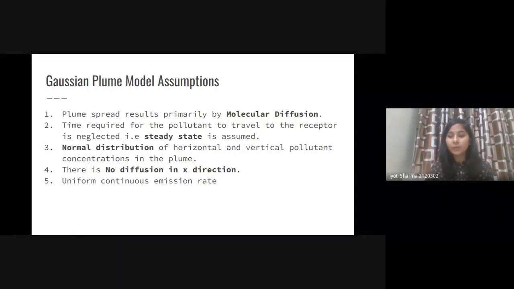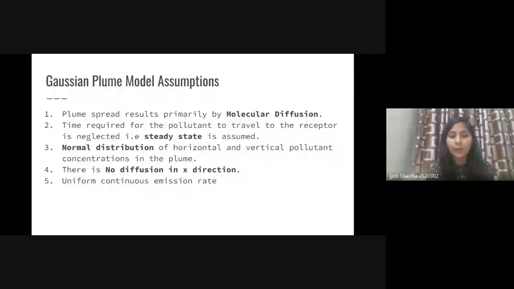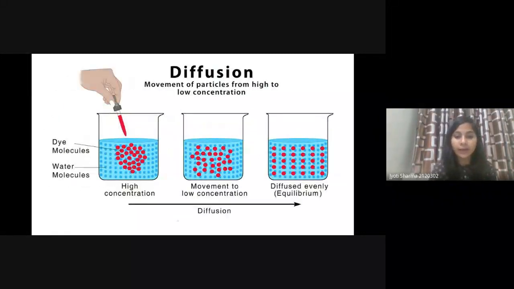Otherwise we need a supercomputer, we can't calculate it manually. So that's why we have to make some kind of assumptions so that we can get some rough ideas about it. Okay, and more assumptions we have is,